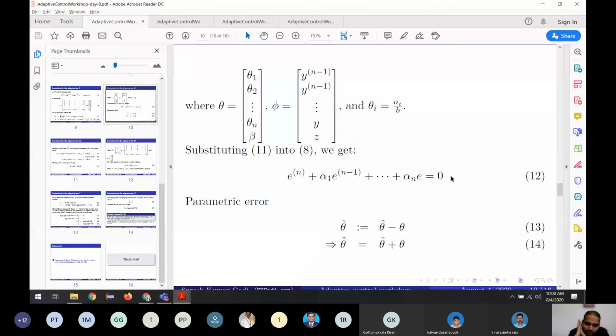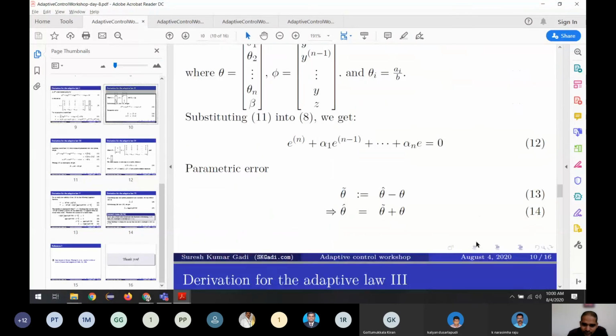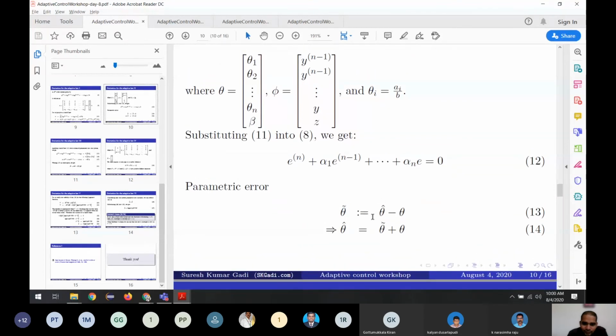Okay, but we have one big problem here. So what is the big problem? We are assuming that we already know the values of A1, A2 and B1 and all those things, but we don't know them in reality. So let us see what we know. We know we don't know what theta is, right? So let us write this equation.